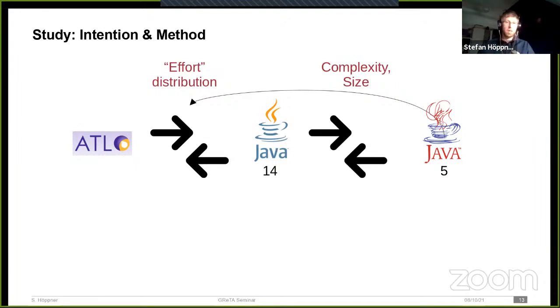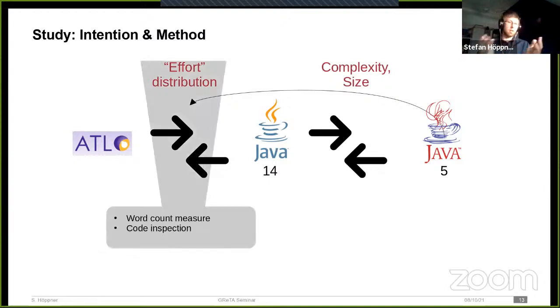Now, the ways we tried to measure these two things was, for the comparison of ATL and Java, we looked at a word count measure that counted the words in both languages, attributed the amount of words for each language with different aspects of the transformation, and compared how many words are required in which language, as well as some general manual code inspections where we just compared the code with each other.